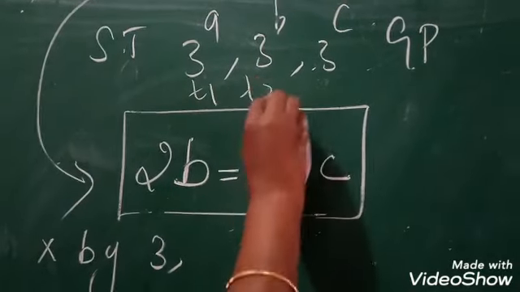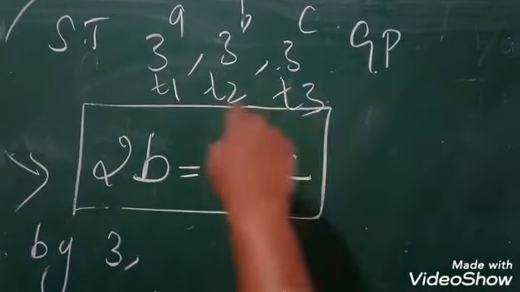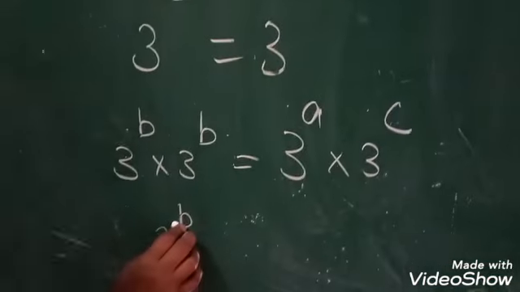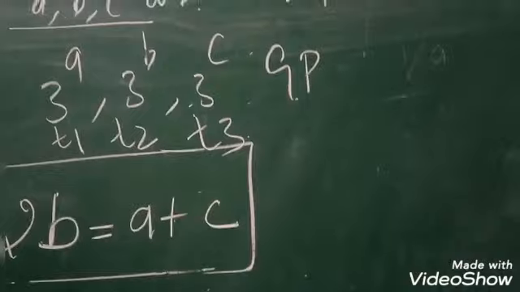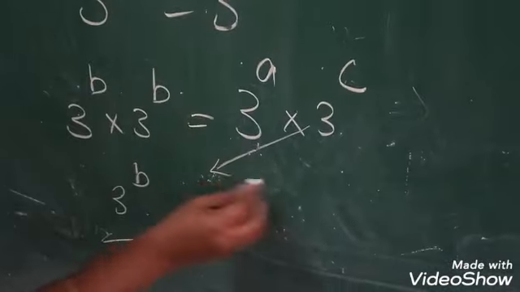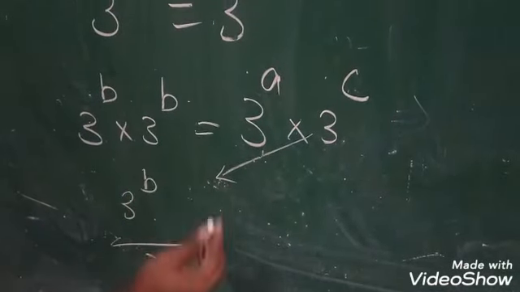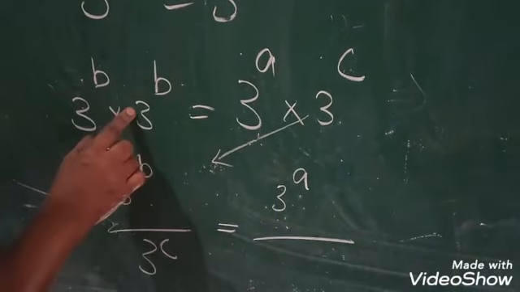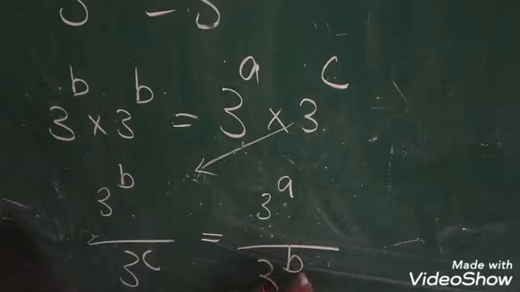Here the first term is 3 power A, the second term is 3 power B, and the third term is 3 power C. What is the second term here? 3 power B. Then the third term is 3 power C. So I bring the 3 power C to the left hand side. Here 3 power A is on the right hand side, and the remaining 3 power B to the